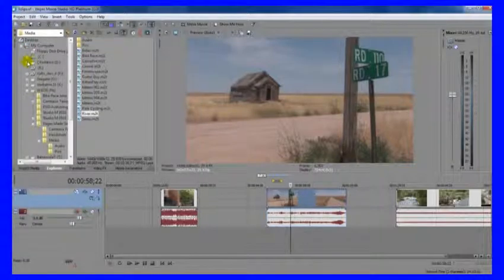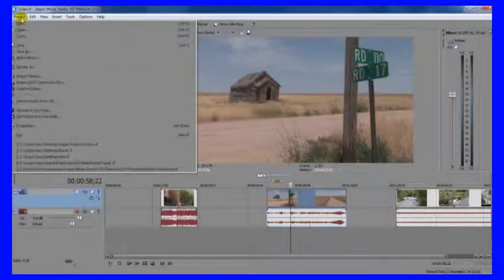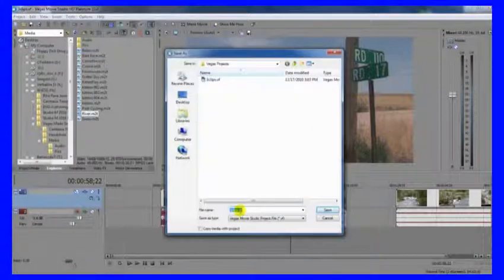So instead of, as you're working, just clicking on Save, which would just overwrite the last version of the file with the same name, and you can do that very easily while you're editing by hitting the Control and S keys together. Let's go to Save As, and let's call this